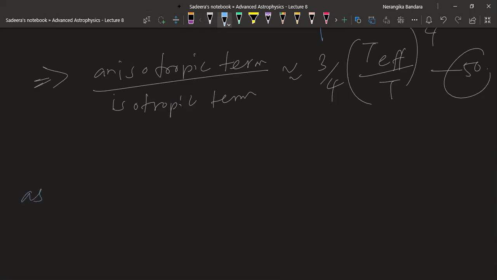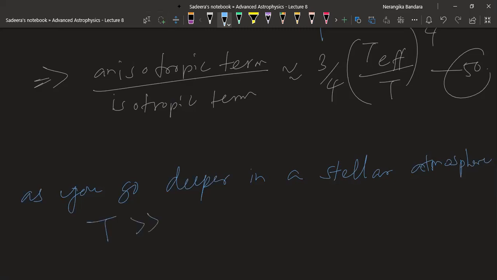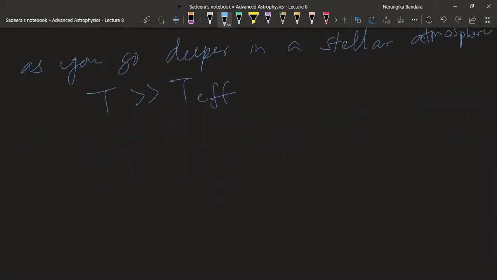Now, interestingly, as you go deeper in a stellar atmosphere, the temperature is going to increase. The temperature is going to be actually pretty much higher than the effective temperature. This is the case for the sun, as an example. So it's going to be that,